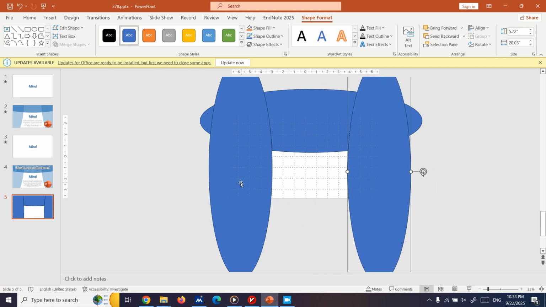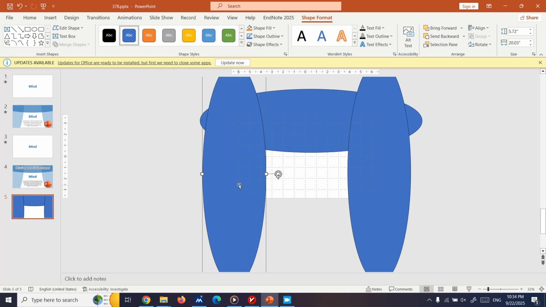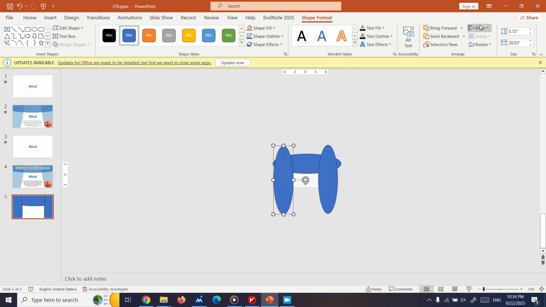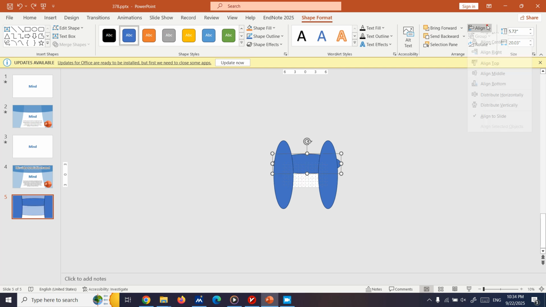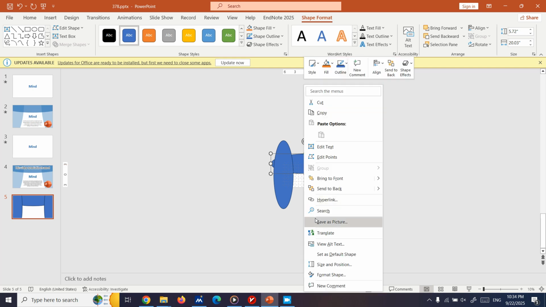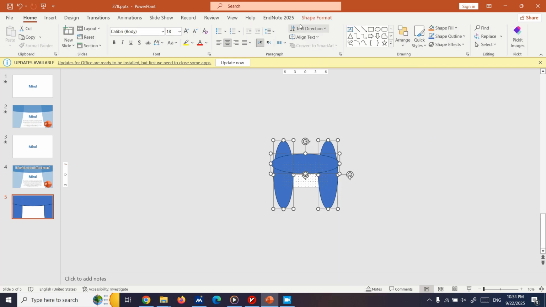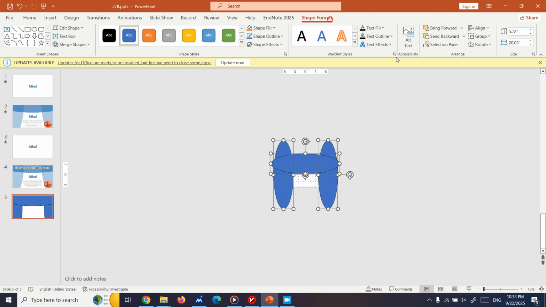Now, put one here, then go there, align them middle, align it middle, align it center. Now, bring this to front, select all of them, set the shape outline to none,